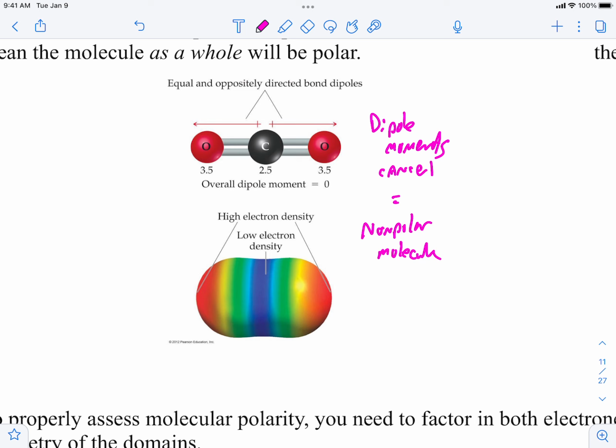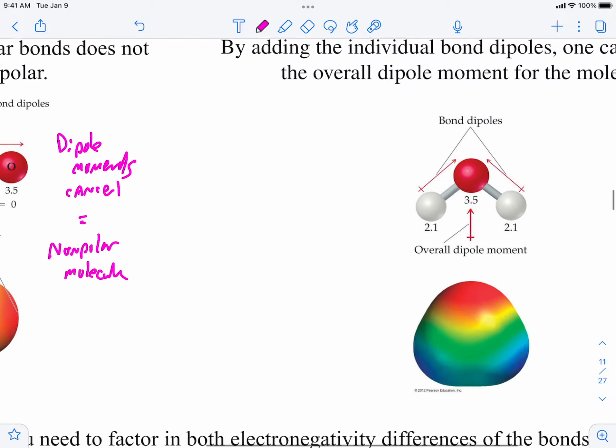So as we draw these diagrams, you need to visualize the angles of these dipole moments and whether or not they would be additive, like summative, or whether they'd be canceling. And then if there's any result left over, that's what we call a net dipole moment. So if we look at a different example,